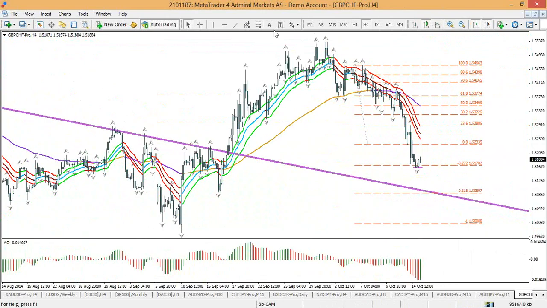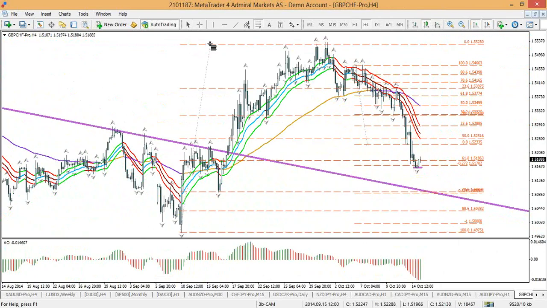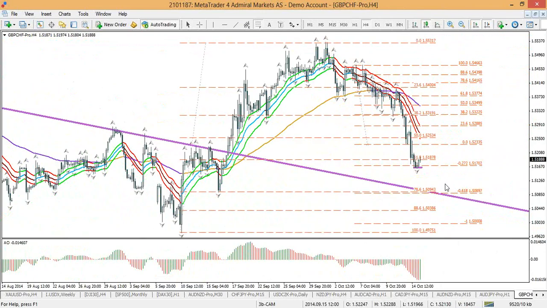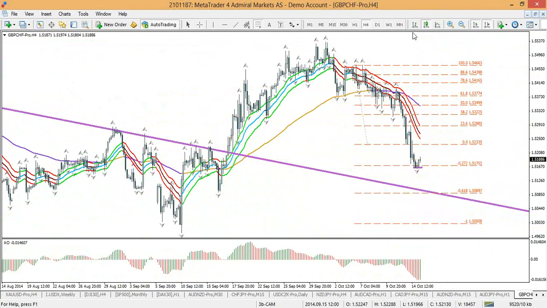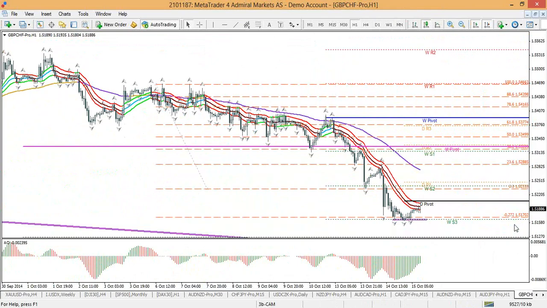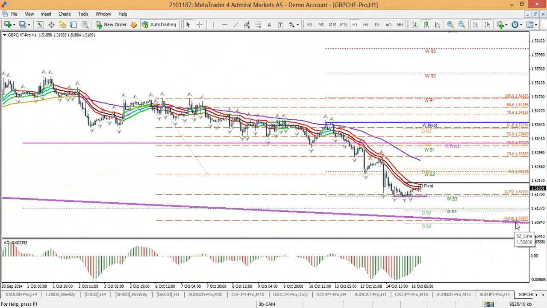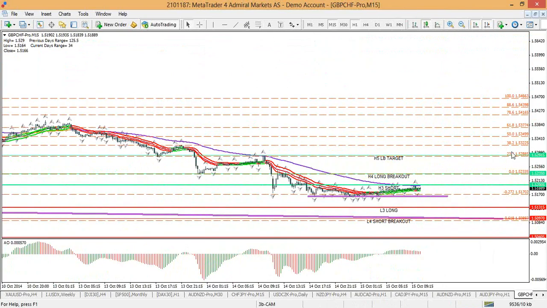That minus 618 target is roughly equal indeed to the 78.6 fib. So that particular level, 150.90, could be interesting. There are various ways of tackling it. One could wait for price to get to the 150.90 and not take an entry order there immediately, but wait for price to show a head and shoulders pattern, for instance, an inverted head and shoulders pattern on a 50-minute chart,